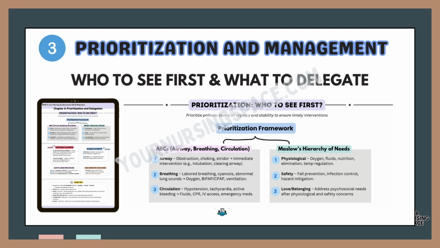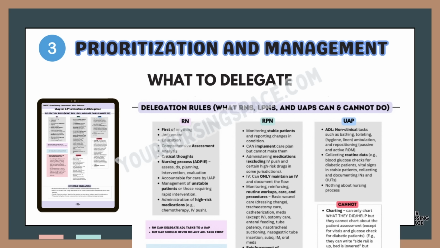But what if the ABCs aren't obvious? That's when Maslow's hierarchy becomes your backup plan, and it tells us physical needs come first. So if a patient can't breathe or stay conscious, that's where you focus. Physiological needs like oxygen and fluids top the list, followed by safety concerns like fall risks or infections. And only later do you address emotional needs like belonging or self-esteem, because survival trumps feelings every time on the NCLEX. Now let's shift to delegation, because you can't do everything yourself, and nursing relies on teamwork with RNs, LPNs,